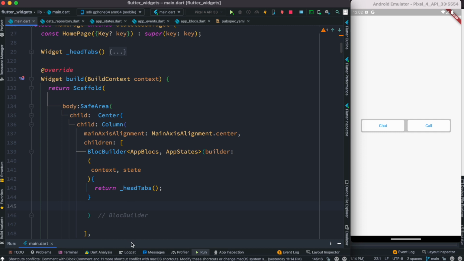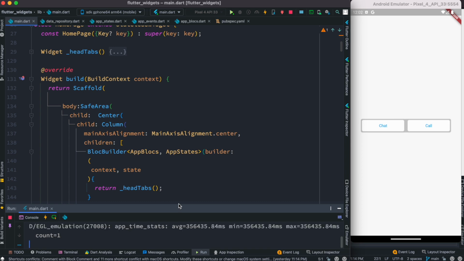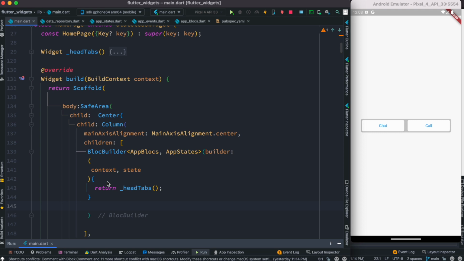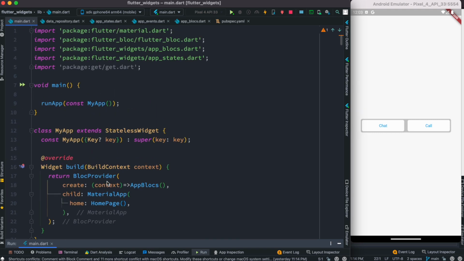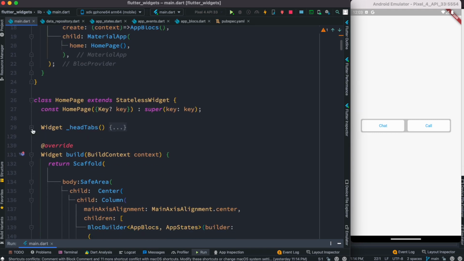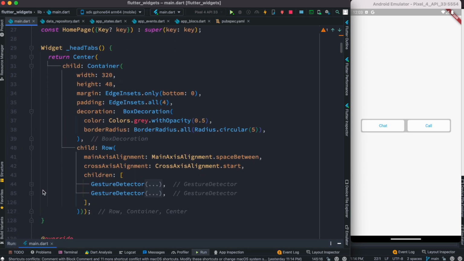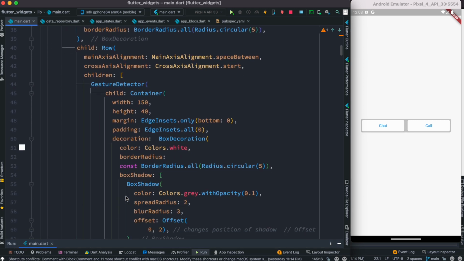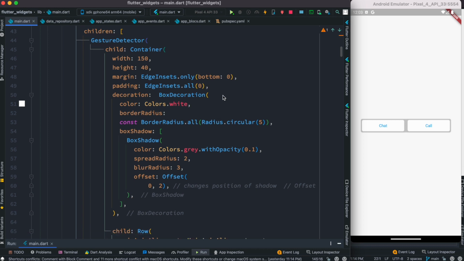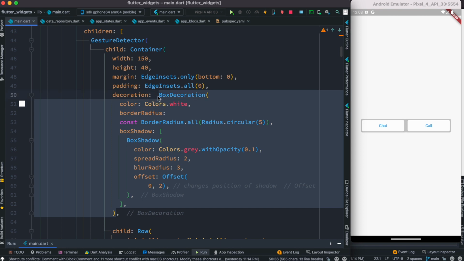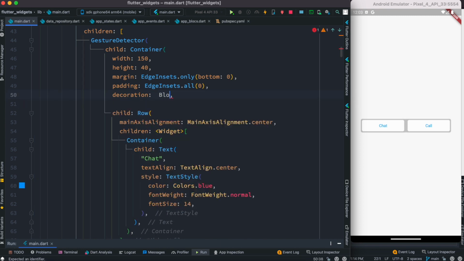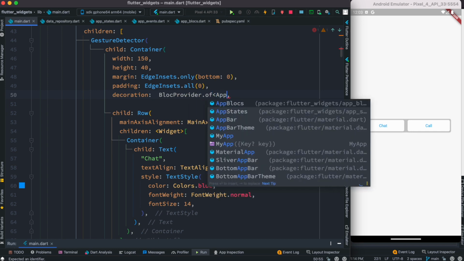All right, but of course if we go ahead and restart our app right now, nothing is going to change because we want to toggle between them. But now since we can access the state of our app, we can toggle, and to be able to do that we need to come inside over here. Now over here inside this gesture detector, we want to toggle between this border and box decoration actually. So I'm going to cut this one, and from here I'm going to do block provider dot of, and over here we need to mention our block type, which is app blocks,